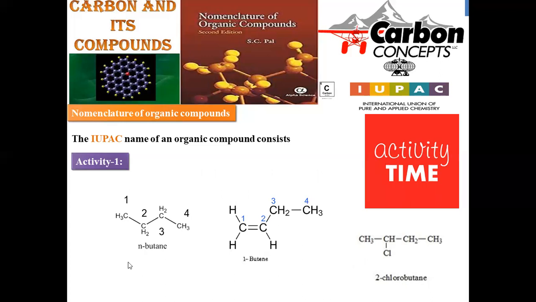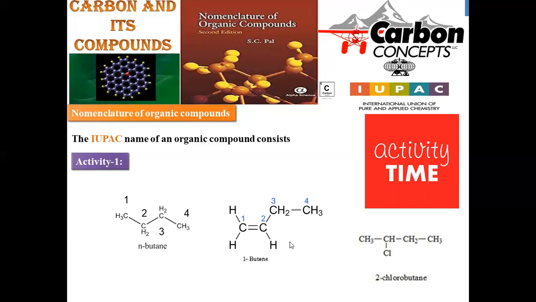No other substitution. Simply you can write n-butane. Why n? Normal. Here, because there are 4 carbons, the 4-carbon parental chain is always assigned the root word but-. And there is no double bond or triple bond. That's why "ane" is the suffix over here. So n-butane is the IUPAC name of this compound number 1.